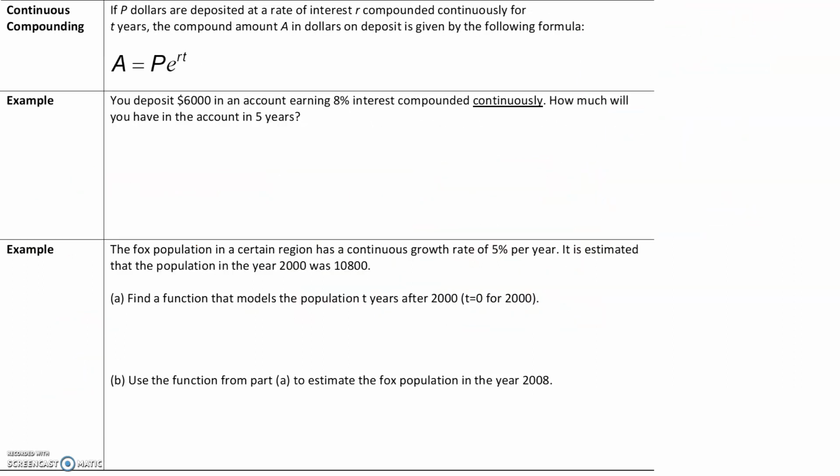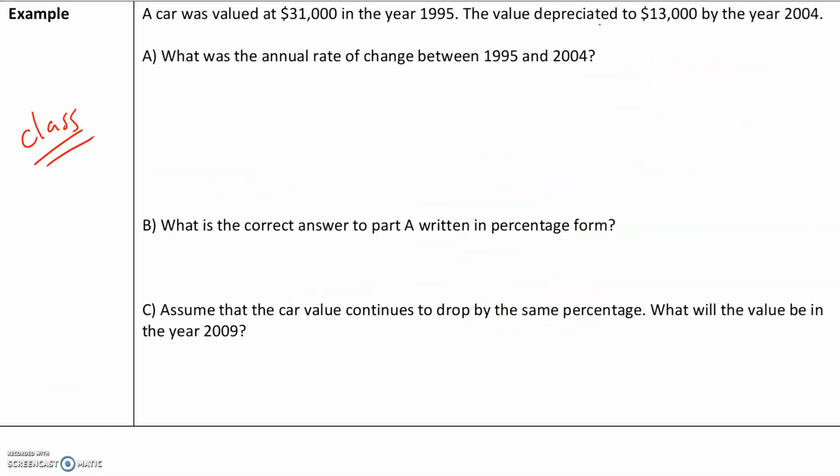Now, sometimes interest gets compounded continuously, which means every single second the interest is getting compounded. When that happens, the formula is A equals P times e to the rt power. And e we're going to talk more about later on. e is a natural number. It's an irrational number like pi. Pi is like 3.14159, keeps going forever. Same thing with e. e is a natural number, and the value of e